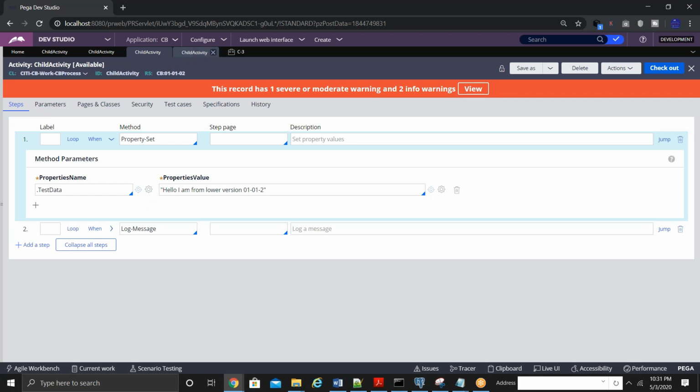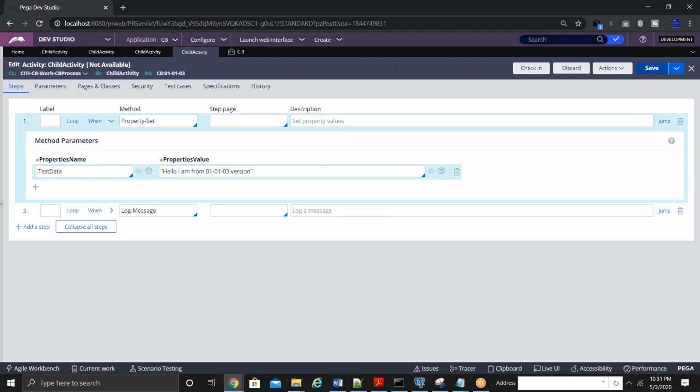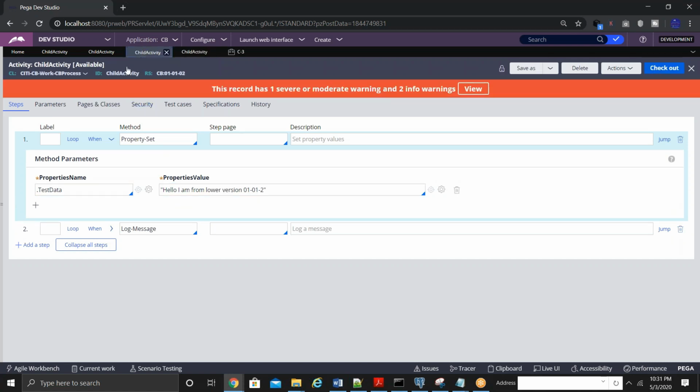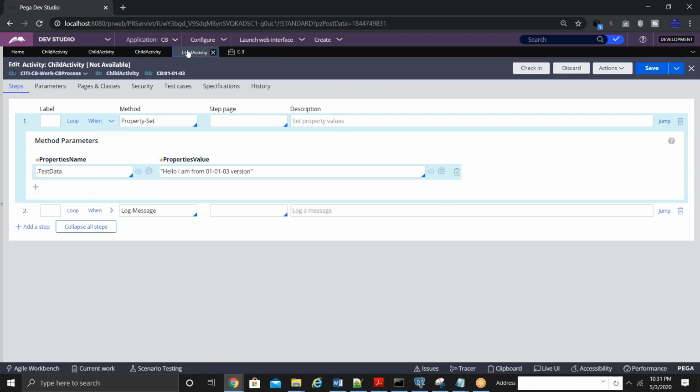The other thing could be that your development is still in progress and you do not want the rest of the team members to be impacted by your new changes. I'm working on 03, coding is in progress and the rest of the team members are getting affected. Then if you put this as not available, you can continue coding, and for the people working at runtime, it will pick the 02 version. So they are not impacted by your new code changes until you set it back to available.